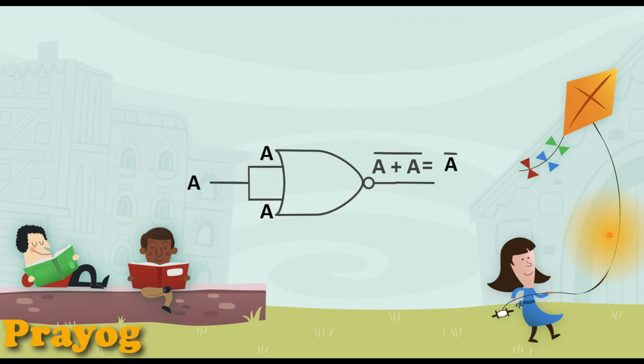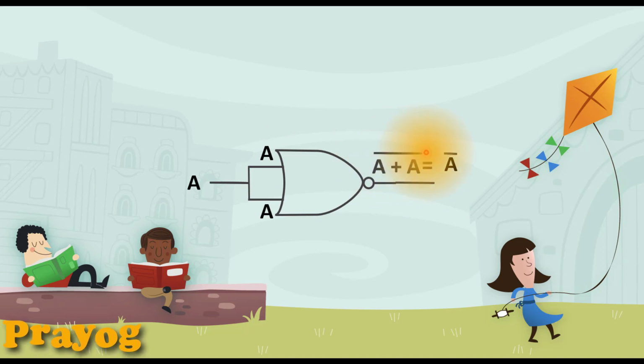Consider this diagram. In this diagram, there is a NOR gate whose inputs are being shorted and connected to a single source, so that it is producing A plus A whole bar. Normally, a NOR gate has two inputs, A and B. If A and B are given, the output is going to be A plus B whole bar. In this case, we are giving two inputs, A and A, through the shorted input, so that the output is going to be A plus A whole bar.